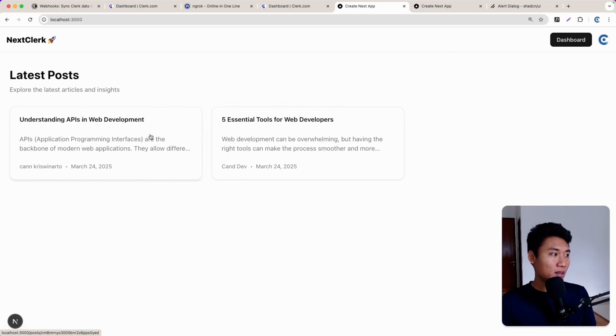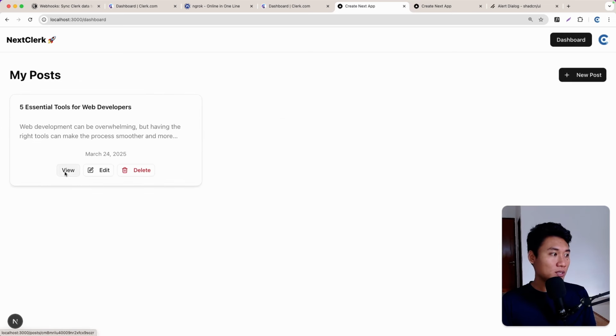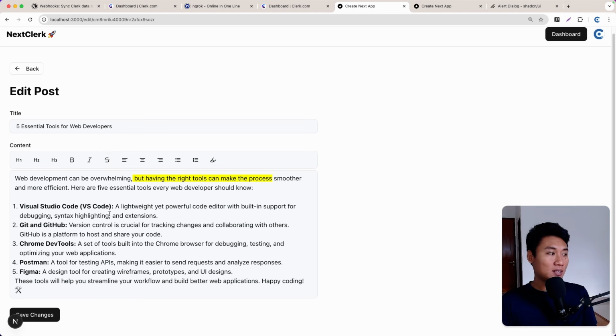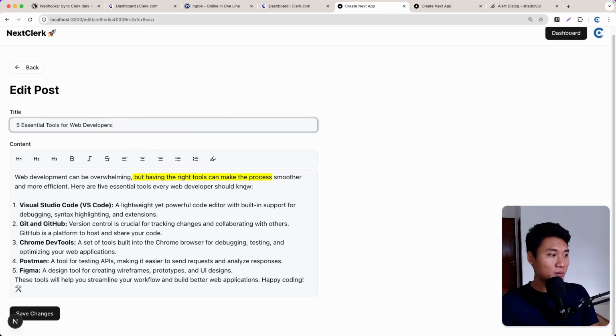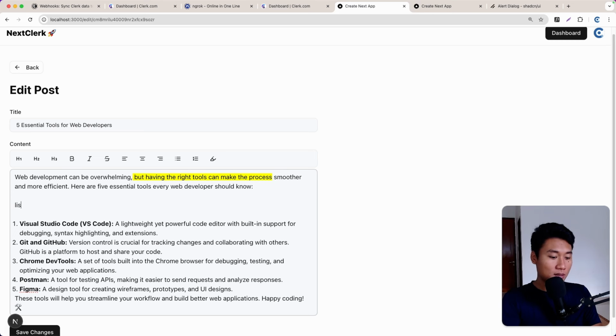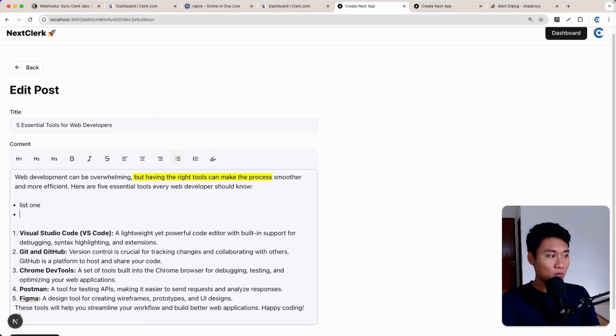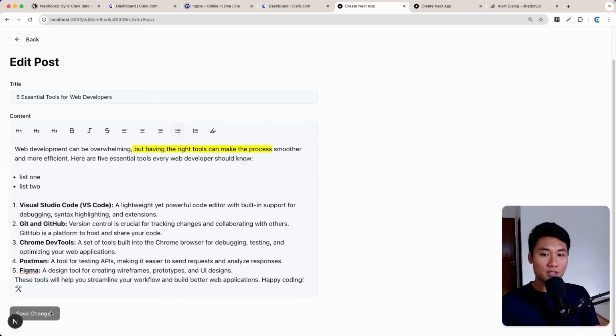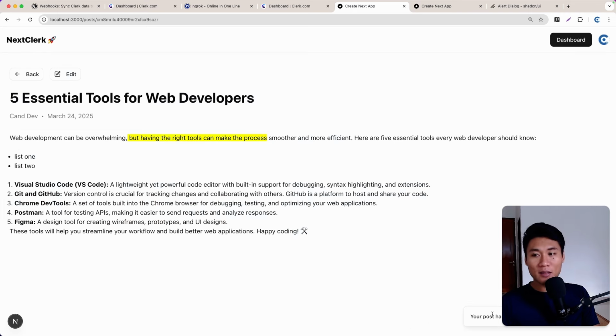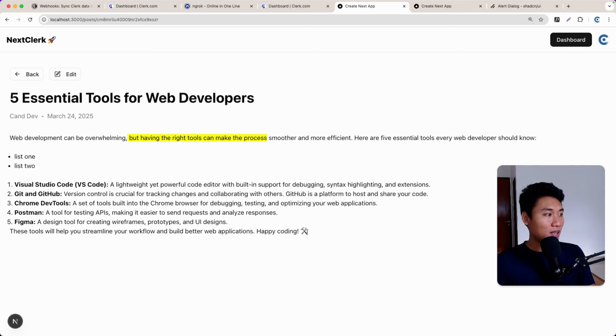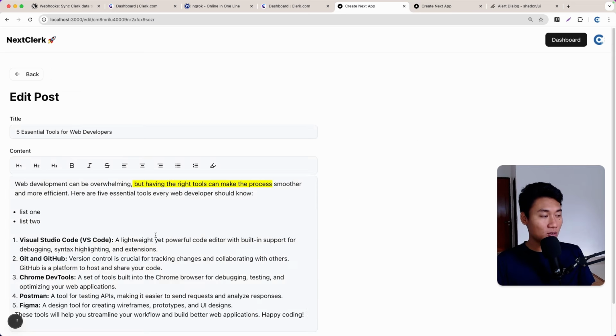Let's go back. I can, for example, go back to the dashboard. As you can see, I can click edit. So I can edit the blog right here. For example, I'm going to add list one. I'm going to use this bullet list right here. As you can see, list 1, list 2, and so on. Okay, so I'm going to save the changes. As you can see, it shows the notification down here. It's pretty cool, and of course it will update it. Great. Okay, so we're going to use Tiptap for the rich text editor right here that we already created on